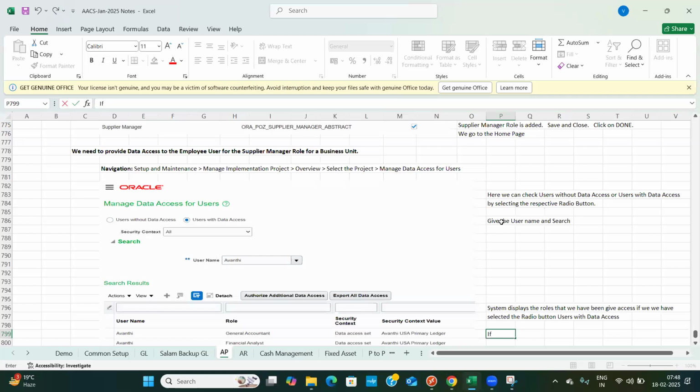If we select the radio button users without data access,